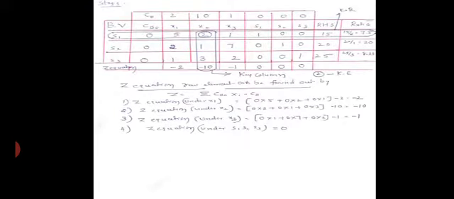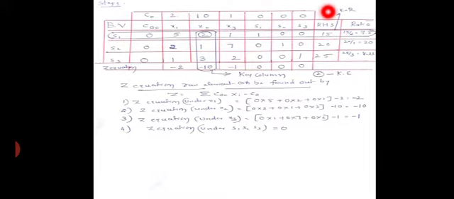Just look here. The coefficient of the objective function is 2 for the x1 variable, 10 for the x2 variable, and similarly 1 for the x3 variable, plus 0 for s1, 0 for s2 and 0 for s3. These are all called the coefficients of the objective function. That is what you are going to represent in this table: 2, 10, 1, 0, 0, 0 in the first row of your table.